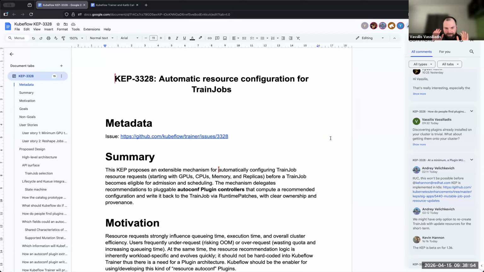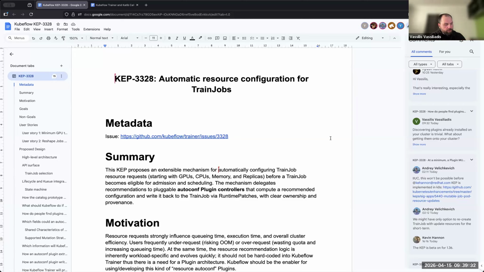Does that make sense in terms of what we should be working towards? Kubeflow provides the intelligence in the platform for building plugins, but it's not the actual thing that decides the policies, that decides the actual values for the resources. Does that make sense? But from my understanding, this is the part of the plugins, right? The heuristic mechanism, right? Exactly. So the idea is you just give the tools for people to develop these, let's call them plugins.